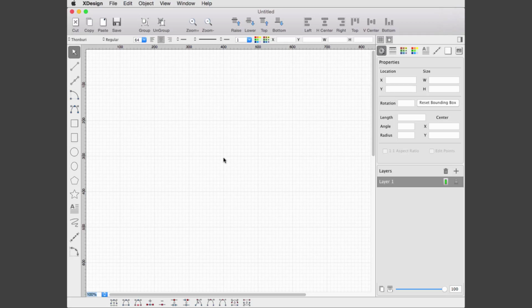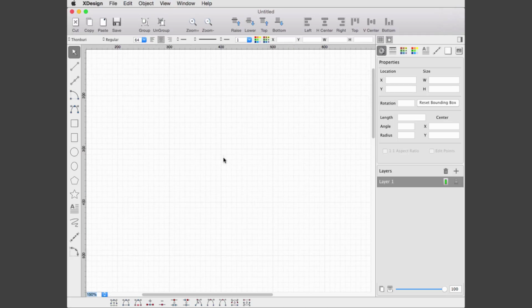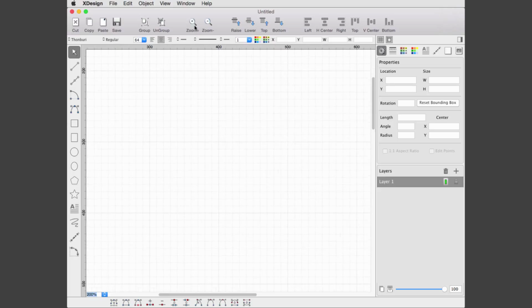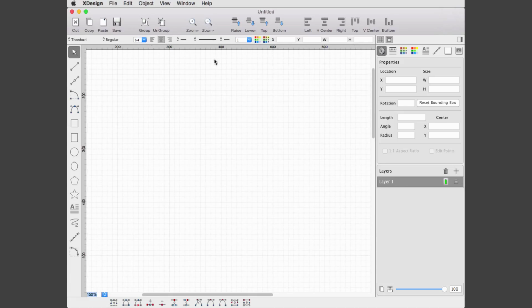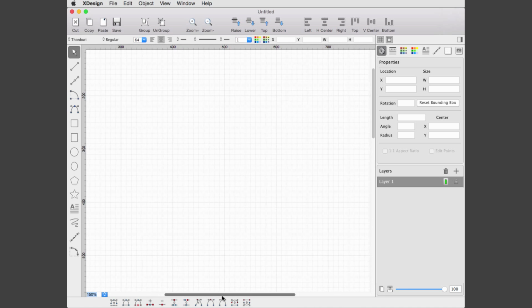The board can be zoomed using the Command plus and minus keyboard shortcuts or preset zoom buttons in the main toolbar. When the board is in zoom state, we can scroll the board using the scroll bars at the bottom and right side of the board.